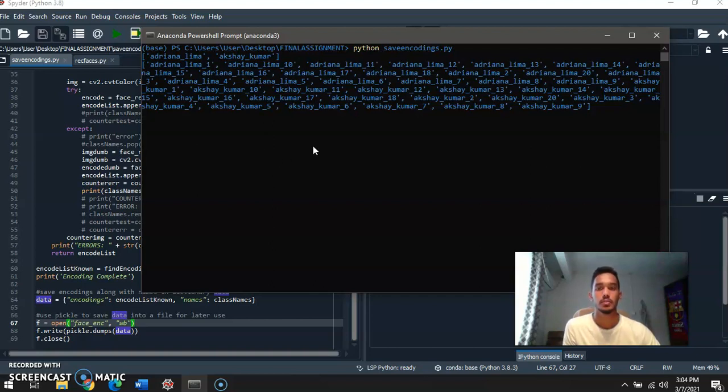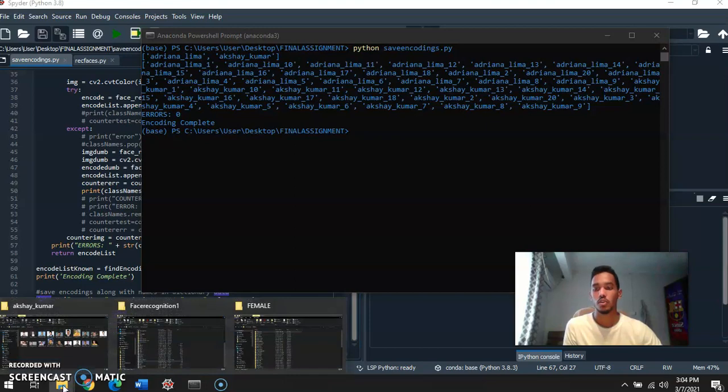This will take some time depending on the number of pictures. If we put more pictures in for the training, the program will be better able to detect unknown faces. As you can see, it displays that there are no errors, that is, all faces have been recognized and it has complete encodings.